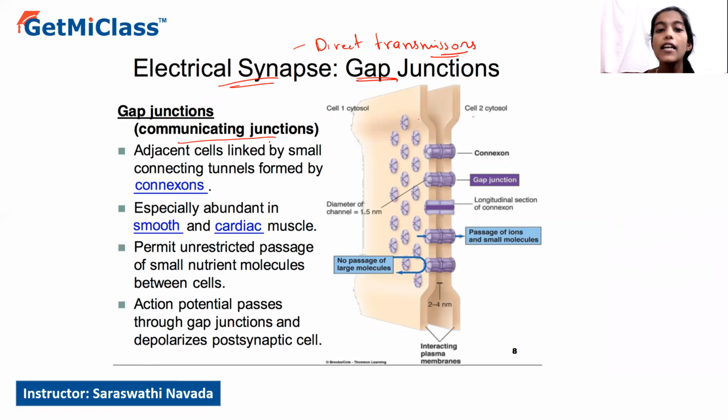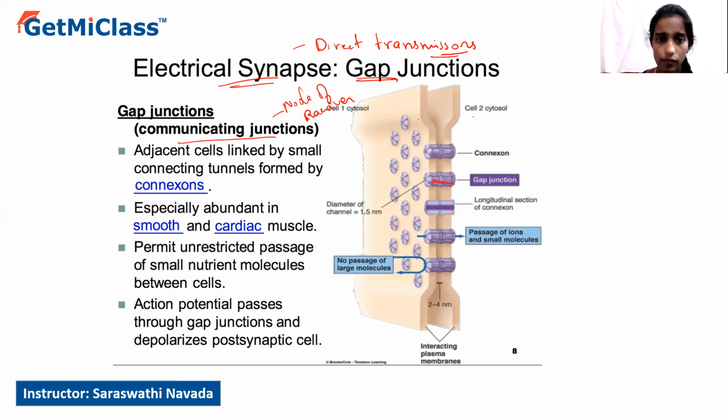These communicating junctions are mainly represented by the node of Ranvier in the case of myelinated neurons. So mainly this electrical synapse can be seen in myelinated axons, whereas non-myelinated axons undergo chemical synapse. In the case of gap junctions, which are called communicating junctions, the adjacent cells are linked by connecting tunnels called connexons. So these connections